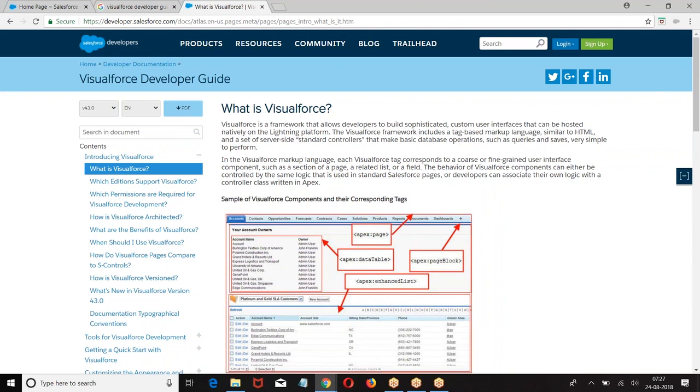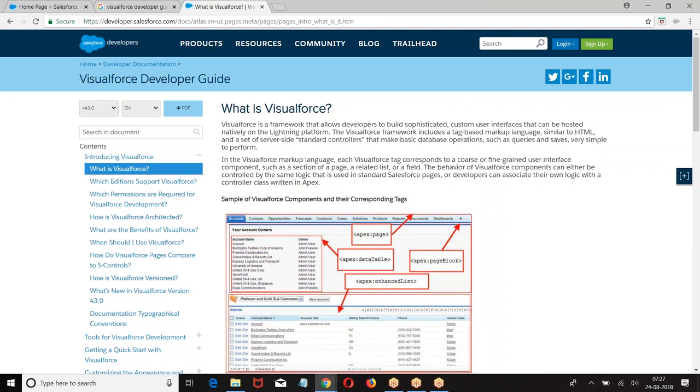Now, these Visual Force pages basically contain standard controllers, custom controllers, and extensions. A standard controller refers to the standard properties of an object. If you want your custom properties, and you don't want to refer to what Salesforce has given but build your own functionalities, then it goes to custom controllers, which are Apex classes. The third one is extension, where I take a combination of standard properties and custom properties together and build pages.